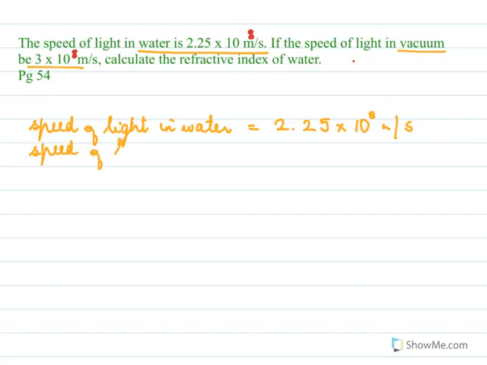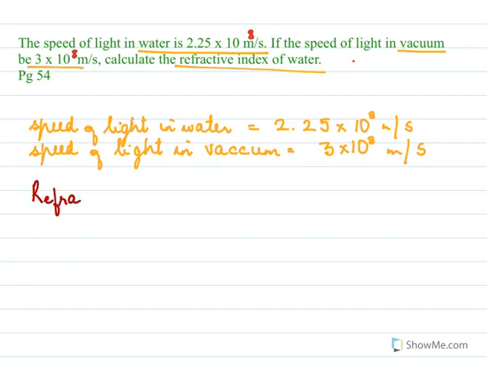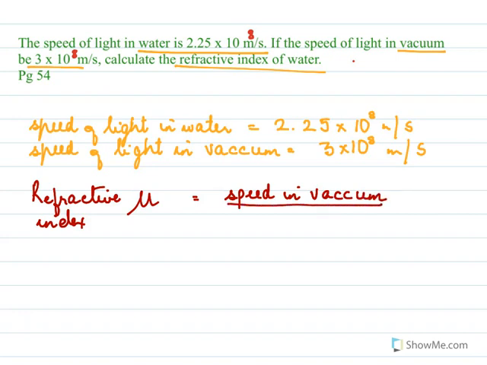So speed of light in vacuum 3 into 10 raised to power of 8 meter per second. We need to find the refractive index. So the refractive index, which we denote as n, will be speed in vacuum over speed in